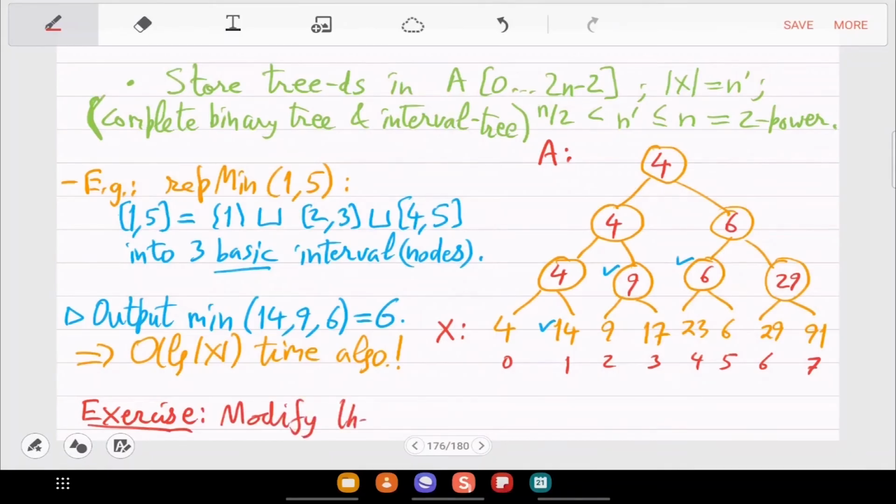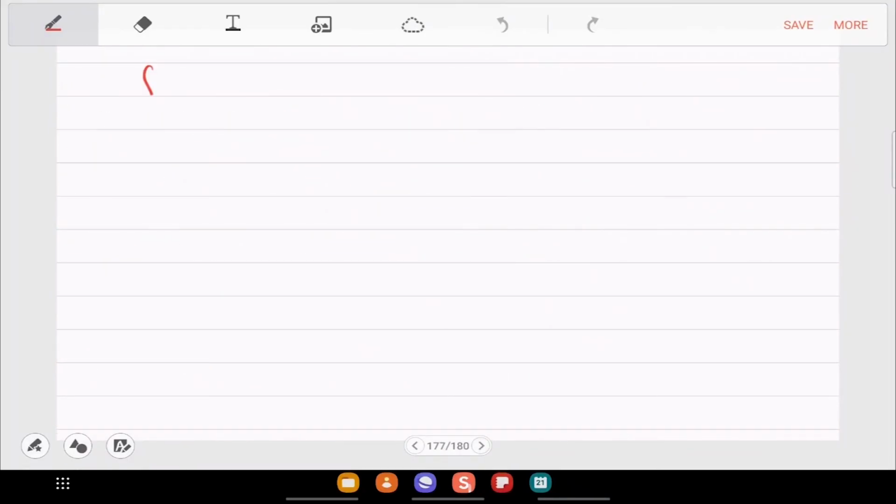So modify the multi-increment pseudocode to find the min of these basic intervals.